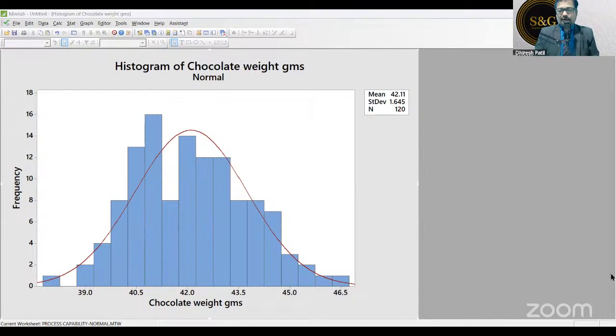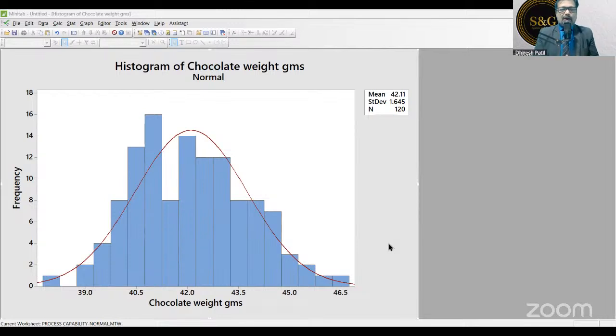I'm sharing the file once again. How many of you think it is normally distributed? Dr. Lavin, it is the same file which we use, so it must be there in your download files as well. This is a chocolate file which we use almost every time. Okay, it's a common file. Now, is it normally distributed? Just give me yes or no in the chat.